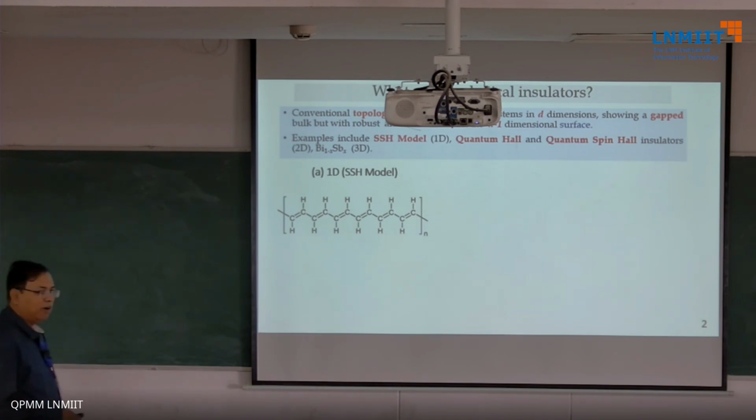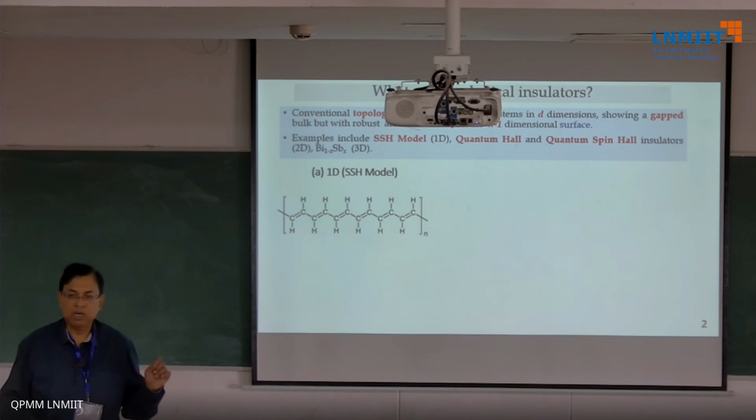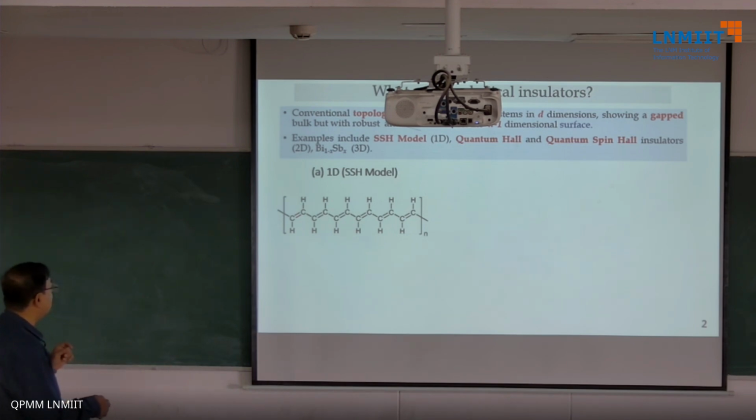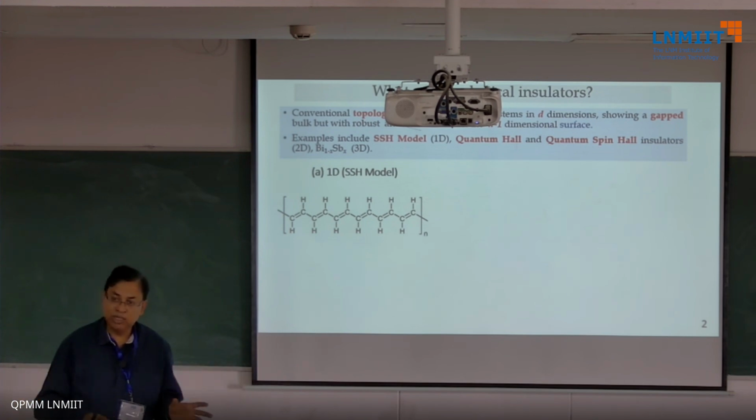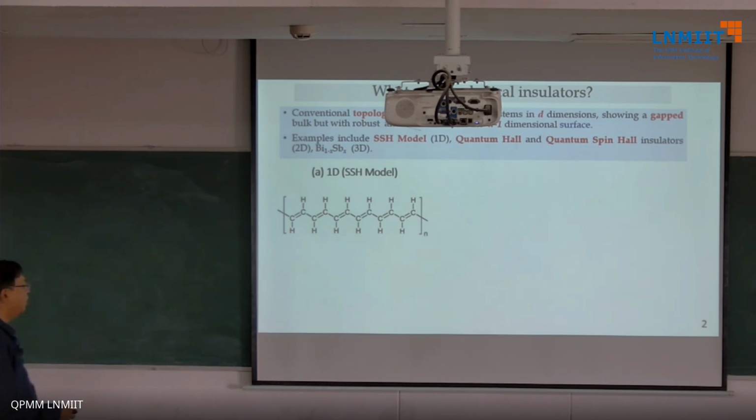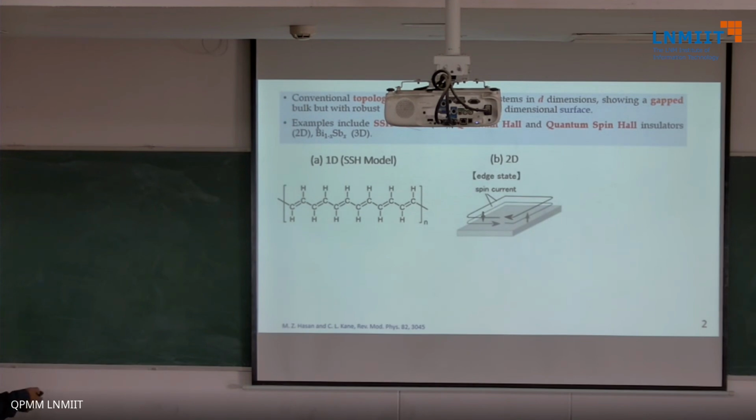But the condensed matter people found it very interesting that if you write down only the Hamiltonian for these carbon atoms and take it as a dimer, that is, this hopping or the kinetic energy is T1 and this kinetic energy is T2, or U and V, or V and W, different things that people talk about. Then whether T1 is greater than T2 or T2 is greater than T1, you'll have a topological state that emerges. And how do we know that there's a topological state that emerges? I'll tell you that. And in 1D, that's the sort of scenario that you'll have at the edges, there'll